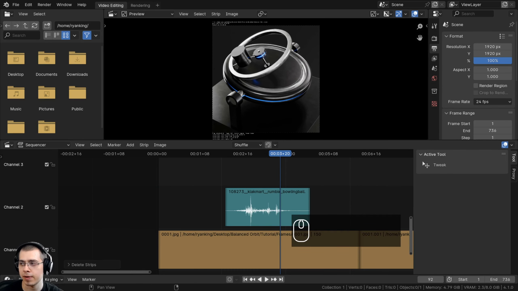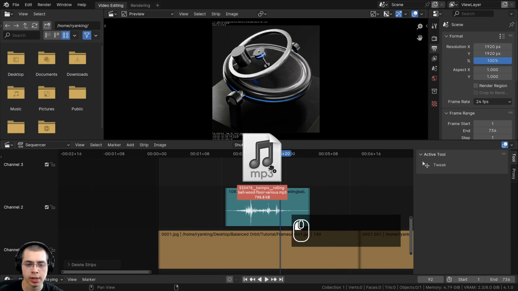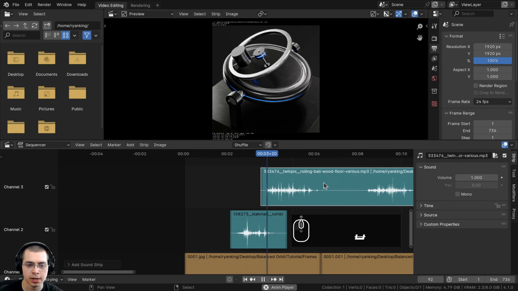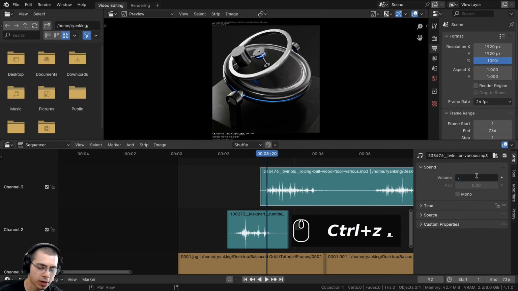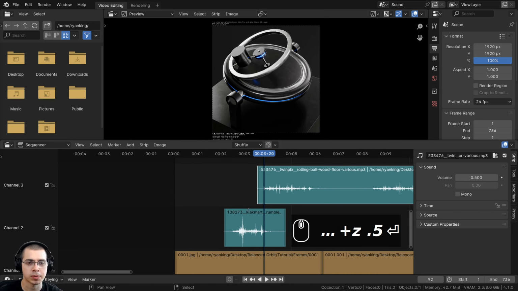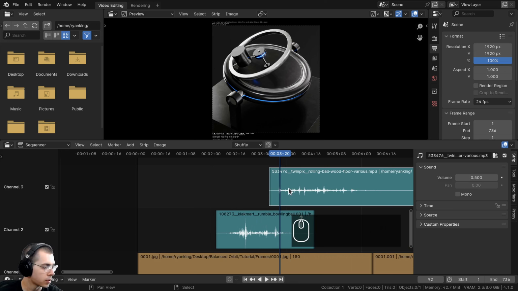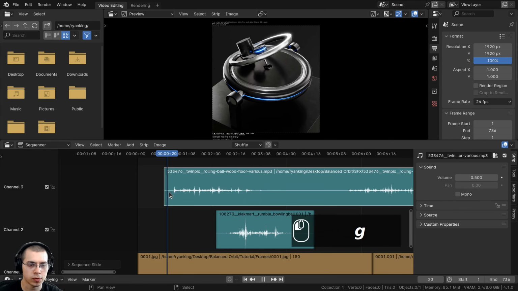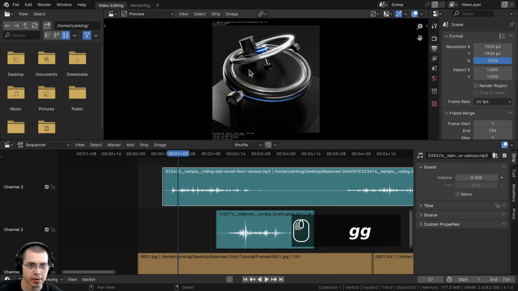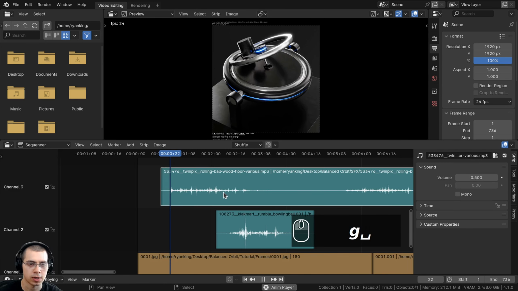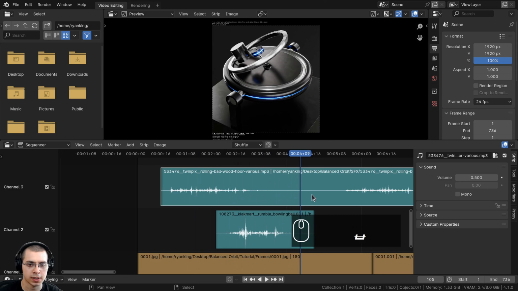And then the next sound effect that I'm going to be adding in is the rolling ball sound effect. So I'll just drop this in here and then I can play this. And on the volume here, I'm going to turn it down to like a 0.5 so it's not quite as loud. And then I want to use the very first clip right here. So I'll hit G to grab, and I'm going to move it over here, and I'm going to move it so that the sound effect starts right when the sphere part here starts to rotate around. So something like that. All right, and then it gets quiet about here.